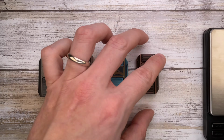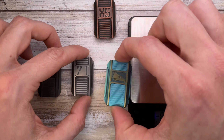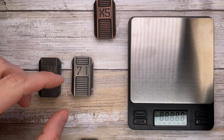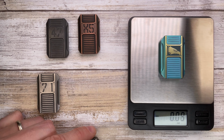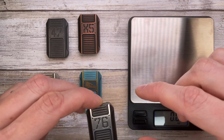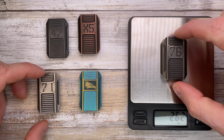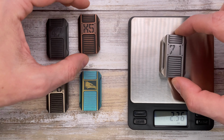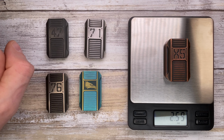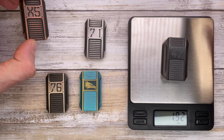Let's just check the weight for these guys. Let's start with the titanium one, for example. Here you go, 1.38 ounces for the titanium. This is the cupronickel, 2.62 ounces. And this is the steel, 2.36. And the copper, 2.62. Look at that. And the zirc, which is